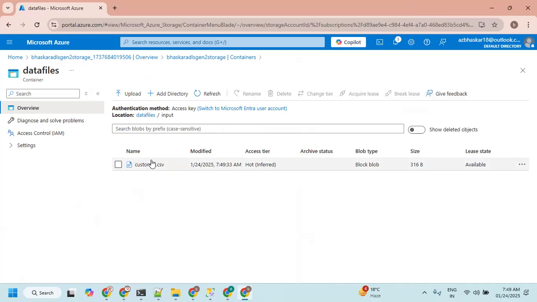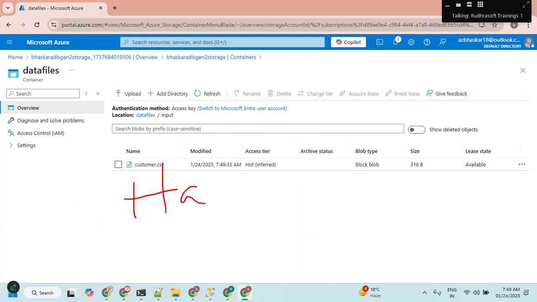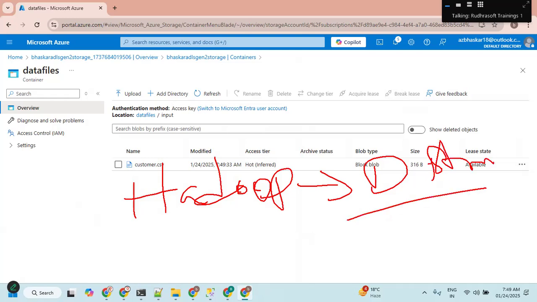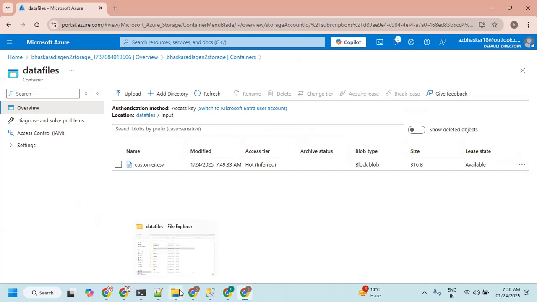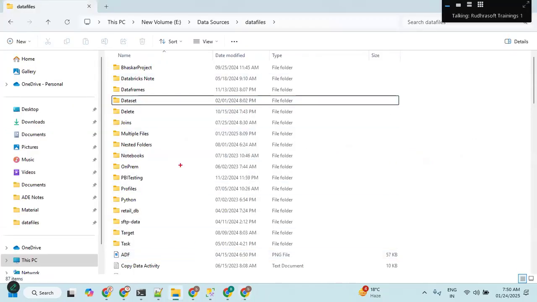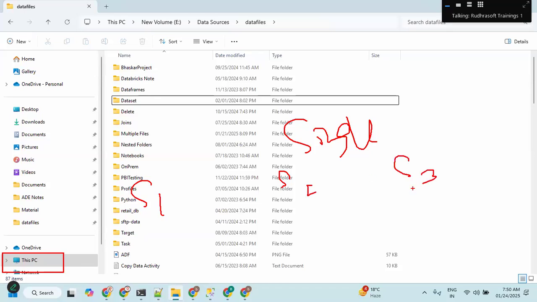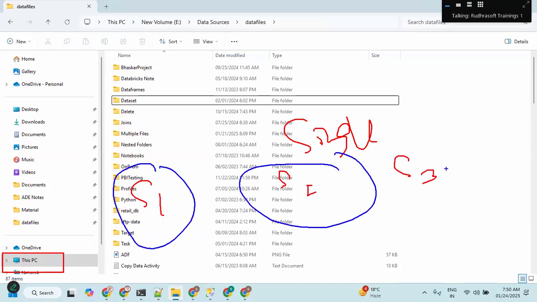Now data is uploaded. What happens when you upload the file in general behind the scenes? Why Hadoop was famous is because it is distributed. It's a distributed ecosystem or distributed framework. So data is not going to sit in a single system. If I store the data in my system, in this PC, it is going to sit in a single system. But if the data is going to sit in multiple systems, system 1, system 2, system 3, something like this. If data is sitting like this,